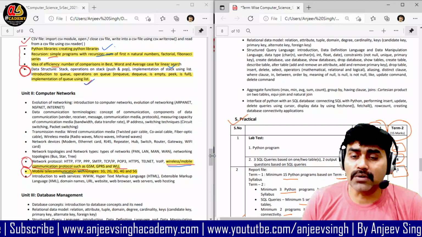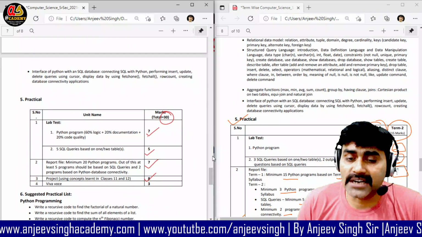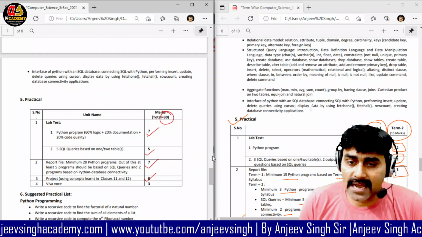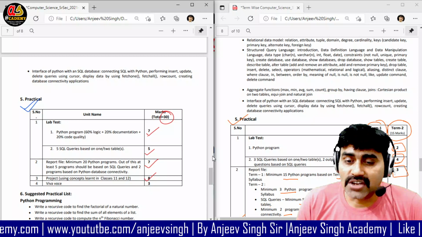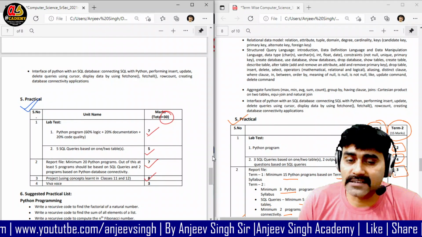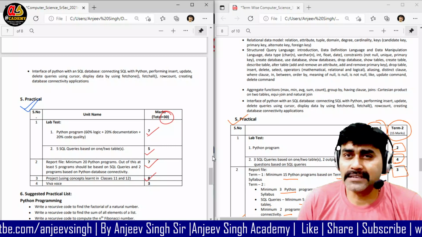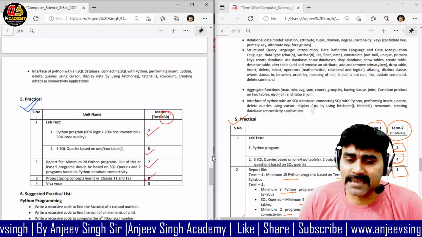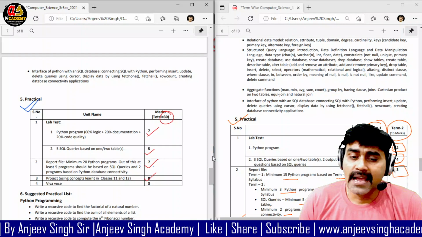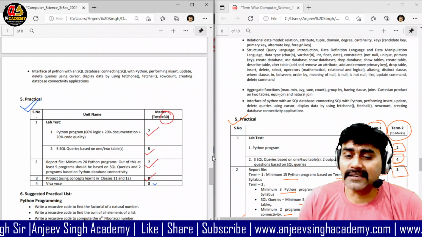Now move on to the practicals. How are you going to conduct the practicals? What is the difference here? Earlier we were conducting the practical according to this pattern. 30 marks practical is going to be conducted. In that, we give a 12 marks question paper that students will do on the system as well as write on paper, 7 marks for the report file, 8 marks for the project report, and 3 marks for the viva.